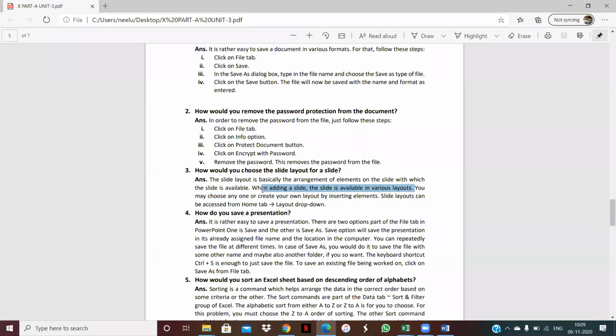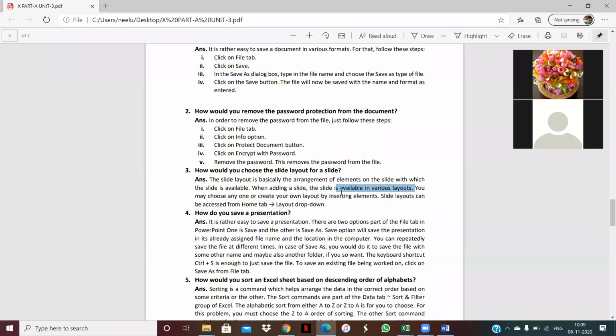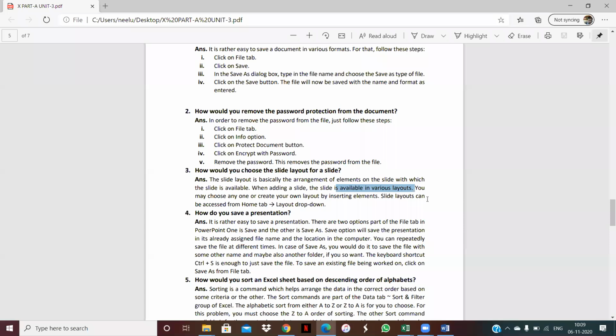You may choose any one or create your own layout by inserting elements. Slide layout can be accessed by clicking on the Home tab, then the Layout drop down. When we click on the Layout drop down, multiple layouts appear, and according to our requirement, we can select any one out of all these.